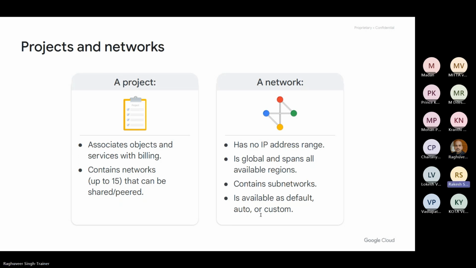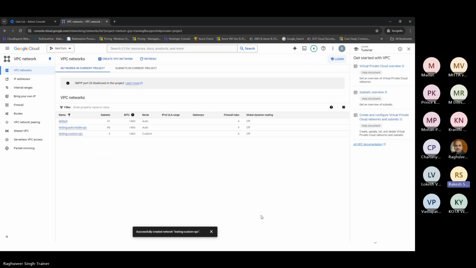Yes, yes. Then we don't need to create multiple VPCs here. Only one is enough, and we can play with the subnets. Absolutely. In fact,